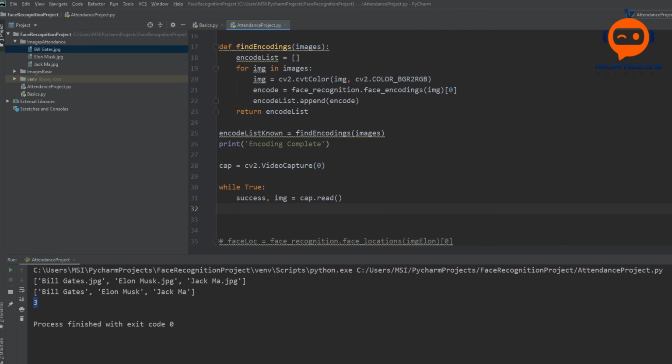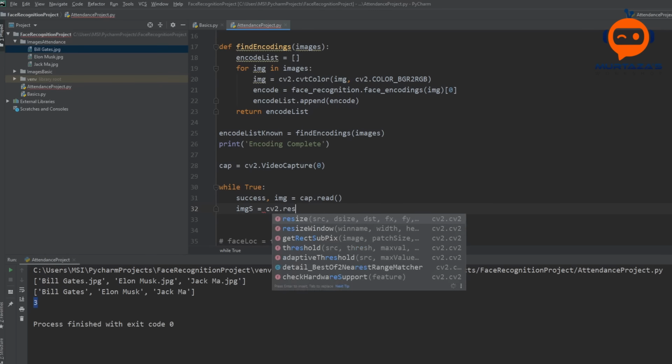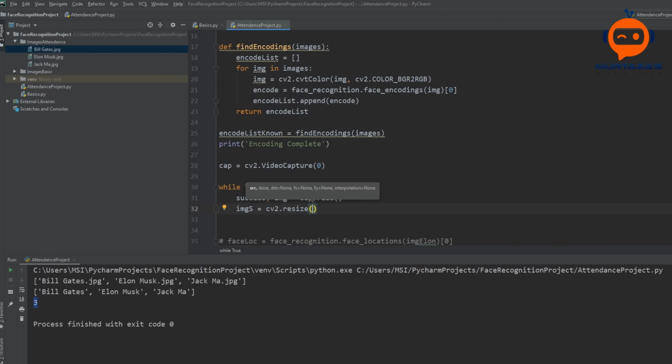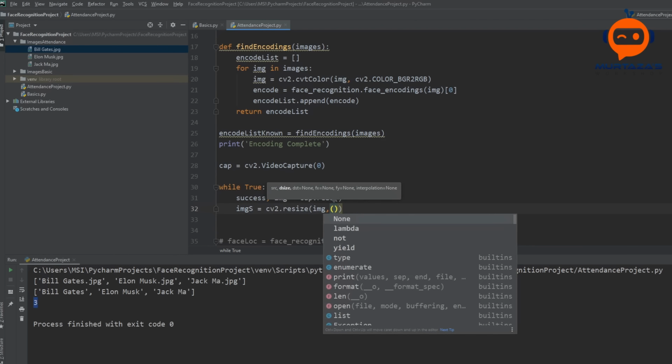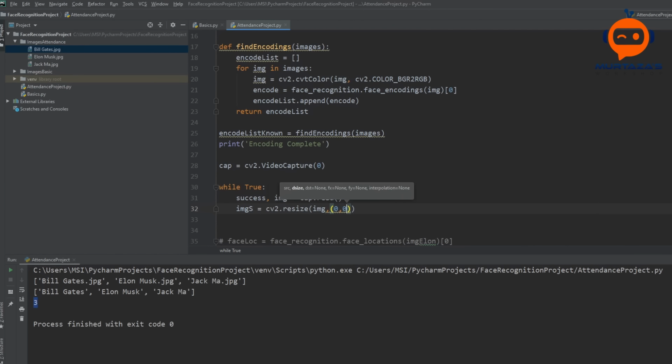So we will write imgS is equal to cv2 dot resize, and we will send in our original image. We don't want to define any pixel size, so we will write None, and then we will define the scale. The scale we will put as 0.25 and 0.25, so it is 1/4 of the size.